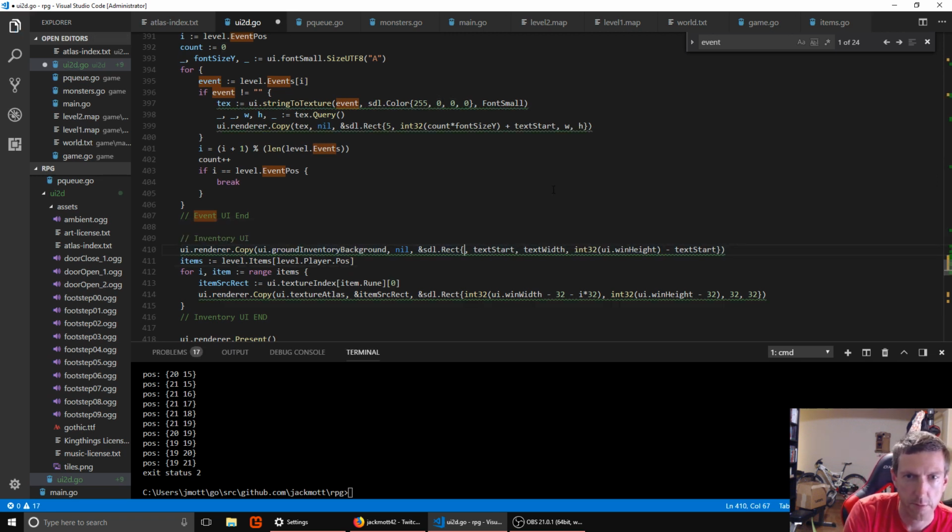Only difference is this will be starting at the right edge of the screen. So we'll do some percentage of the screen width. Let's call it 0.7 for now. See how it goes. And the Y will be